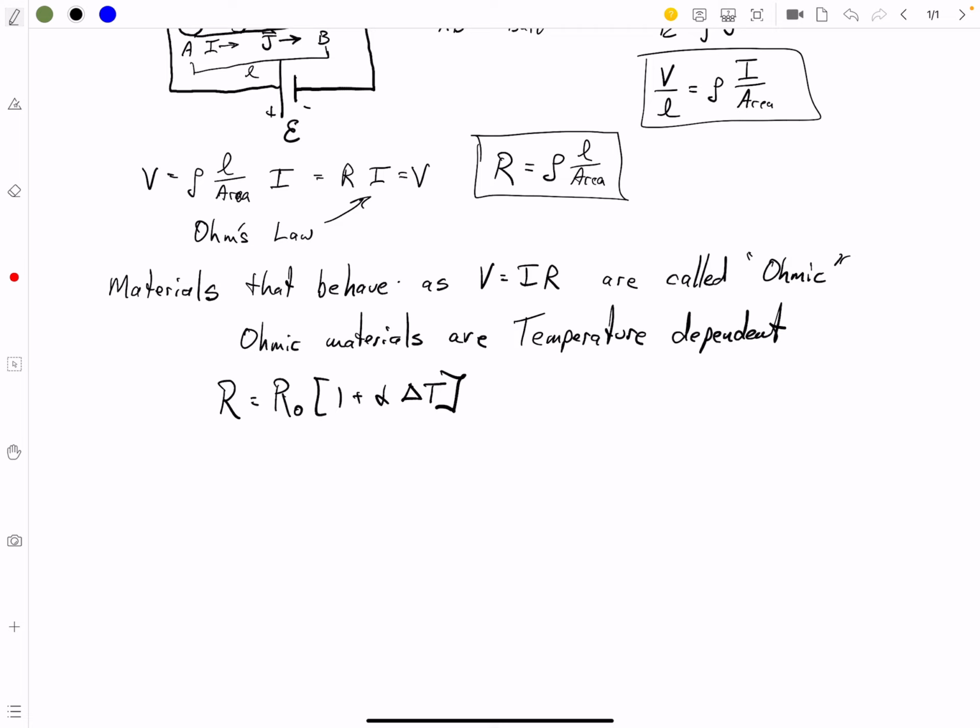To one degree or another, how much they're temperature dependent comes in with this constant alpha, and that alpha constant is definitely material dependent. So some materials are greater and some are less than